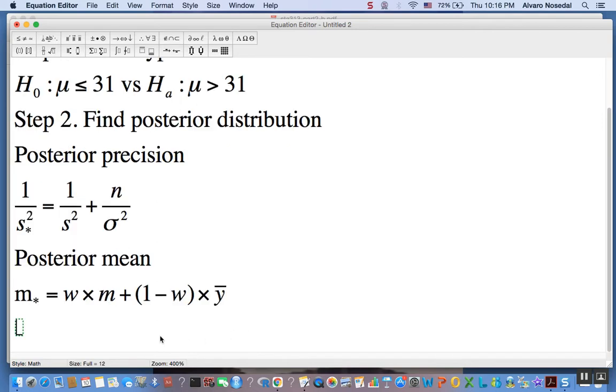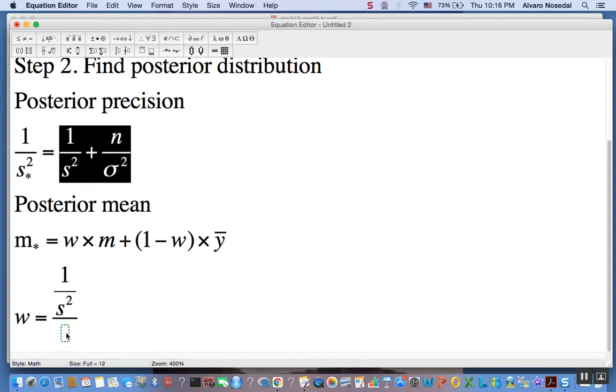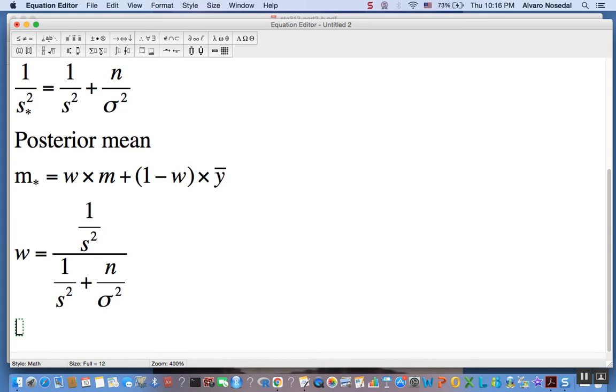So it's just a weighted average between the prior mean and the sample mean, and that weight, that w, happens to be just that fraction, prior precision divided by posterior precision. That would be your w, that would be the multiplier for the prior mean,